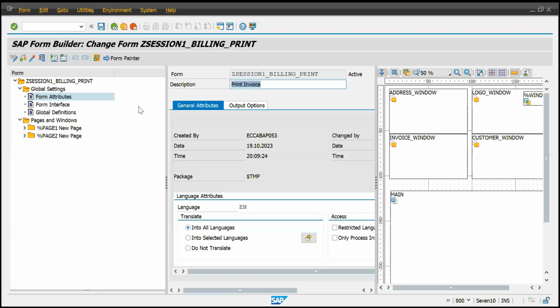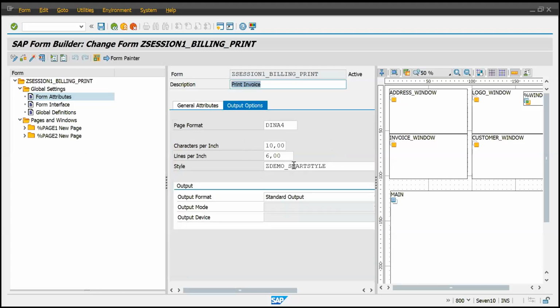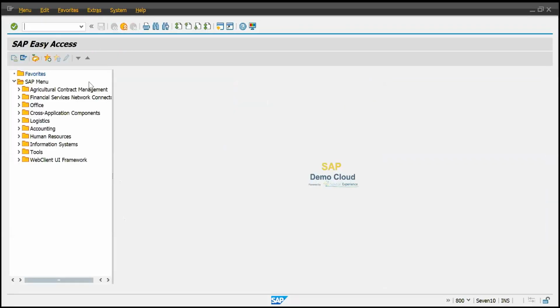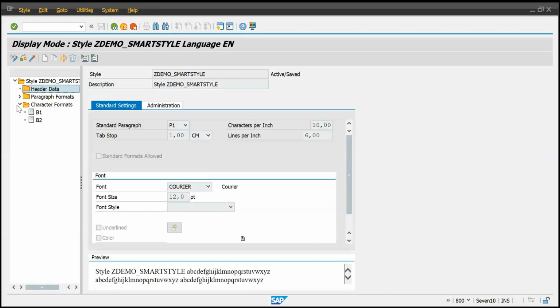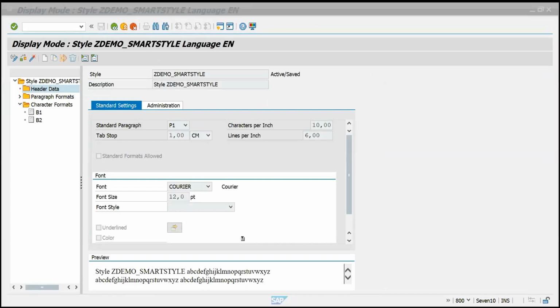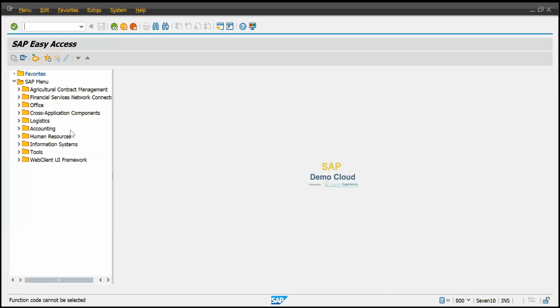If I just go to form attributes, output type, this is my smart style. Are we activating it actually? See smart styles. I think we have not activated actually. Let me activate it. Was activated. Display character format. Okay, let's see here. In the smart forms,